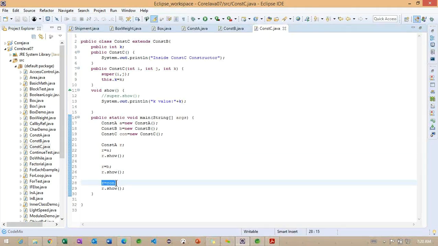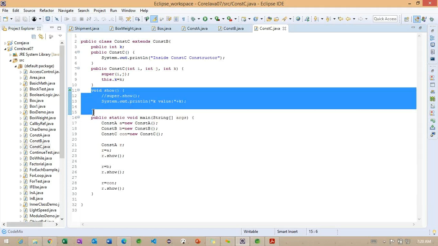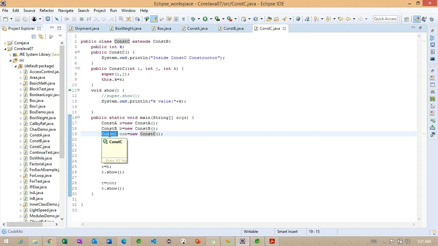And the same way, when we are reassigning the constructor C object into the particular R variable, now whenever we are calling r.show, the subclass method is executing. So basically, based on the reference, the calling is changing here, but only whenever we are working with the subclass.